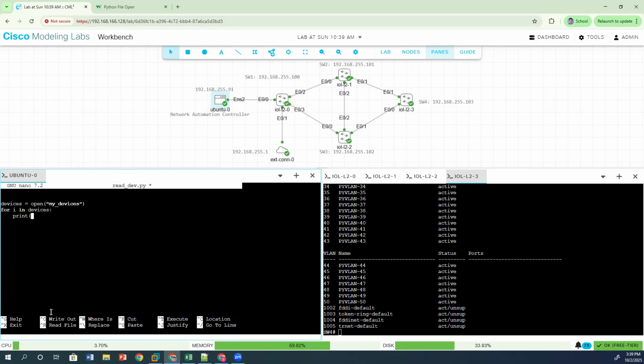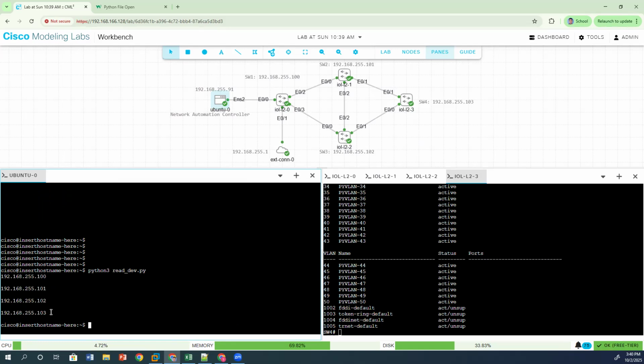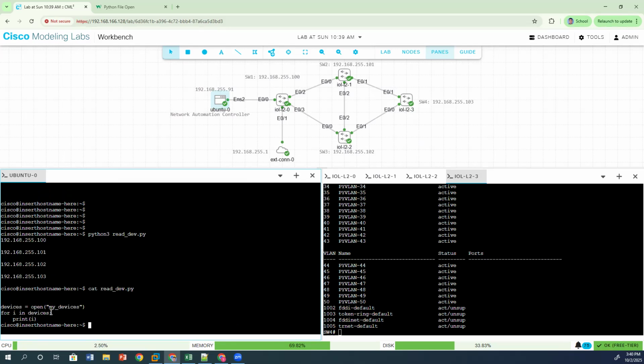Print, let's say I need to print the IP addresses, right? So Control X, Y, enter. So I'll run that file, enter. So if you see here in my actual file, cat read devices.py, okay, sorry, cat my devices,